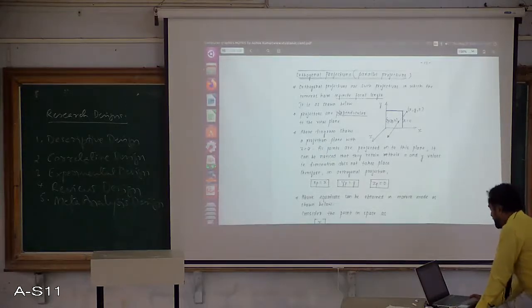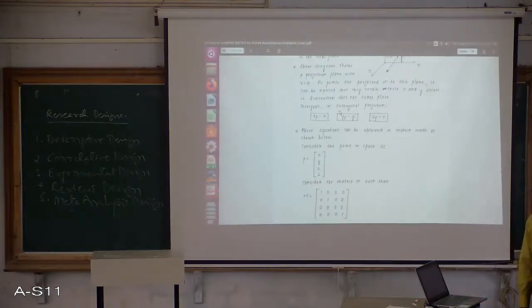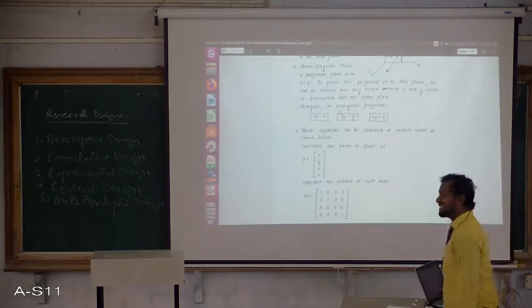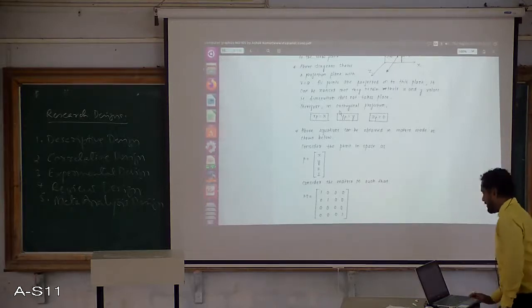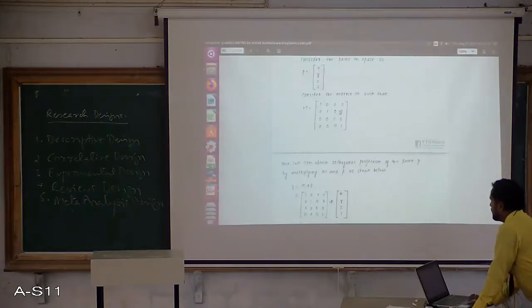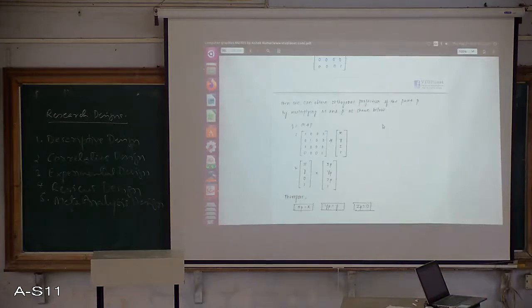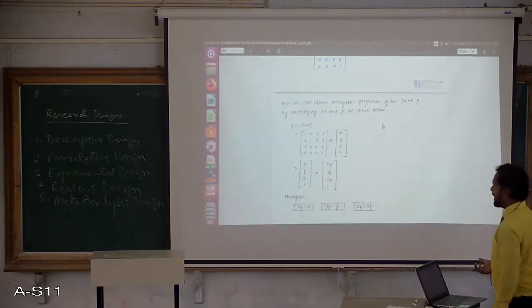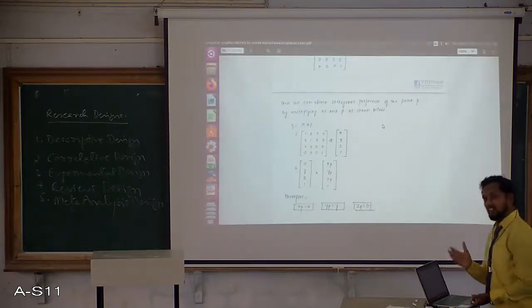The above equations can be written in matrix form now. So I take the point P, the initial point, in terms of a matrix: P is equal to x, y, z, 1. And I consider one more matrix, that is M, with these values: 1 0 0 0, 0 1 0 0, 0 0 0 0, 0 0 0 1. Then we can obtain the orthogonal projection of the point P by multiplying M into P. So we are going to get the Q value by multiplying matrix M with the point P.